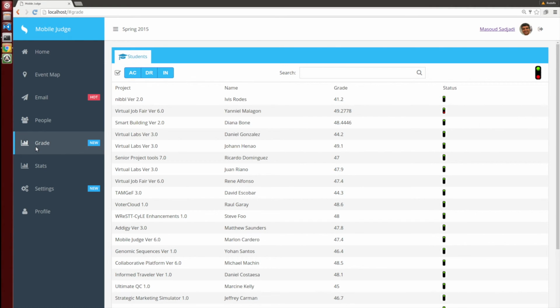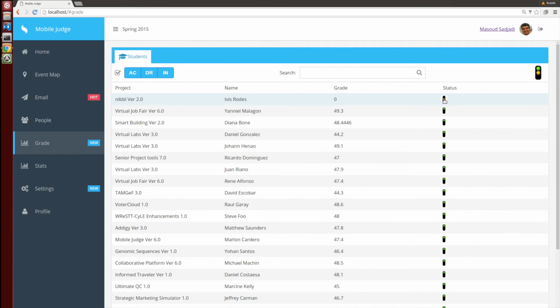Also, the accept or reject grades. In this page, you will only get the students, the project, and the grade status. This icon represents all the statuses present in this page at a time, meaning if you have a red and a green, you will get a red and a green in the icon. You can change the status for all the students at once by clicking on it. You can iterate and you will go to rejected, pending, accepted, or you can simply change the status for one student. It'll go to red,